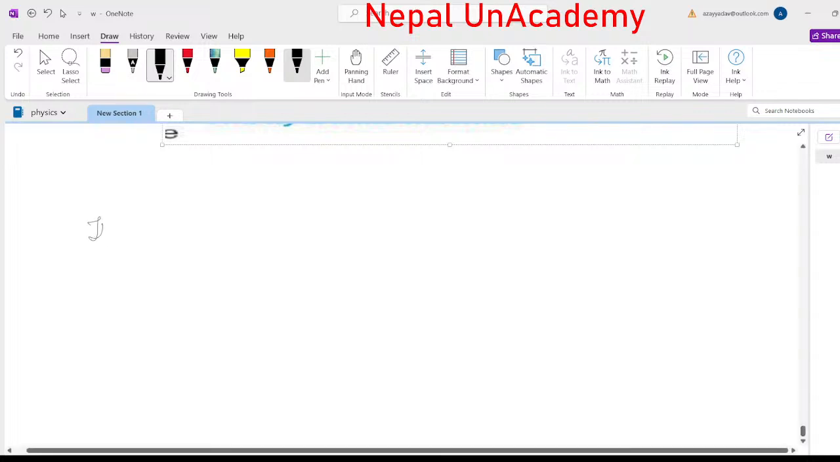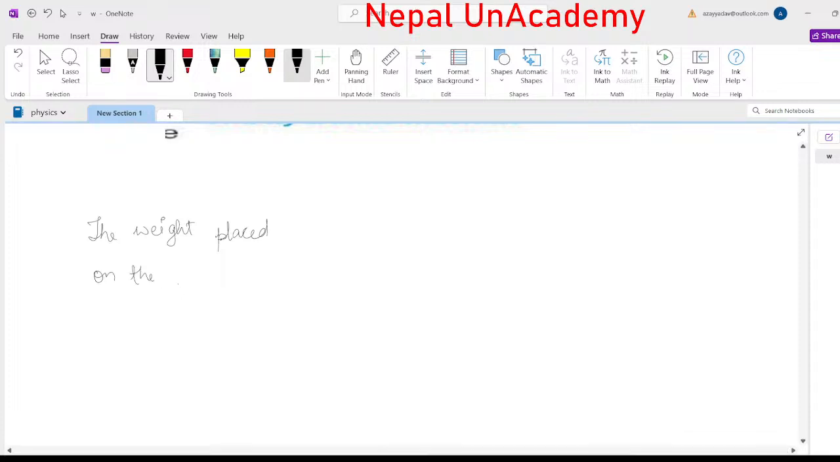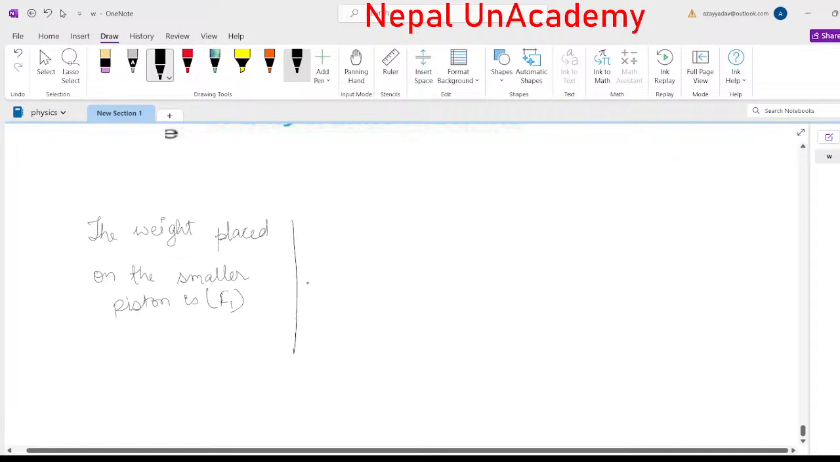So the weight placed on the smaller piston is F1, and we have the weight placed on the larger piston